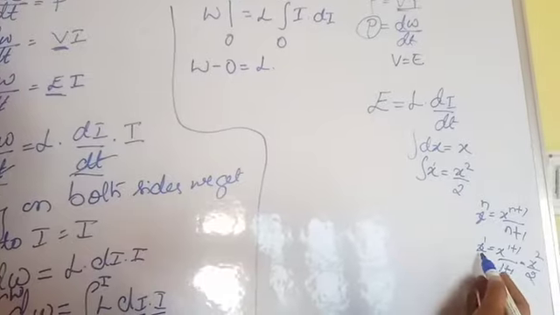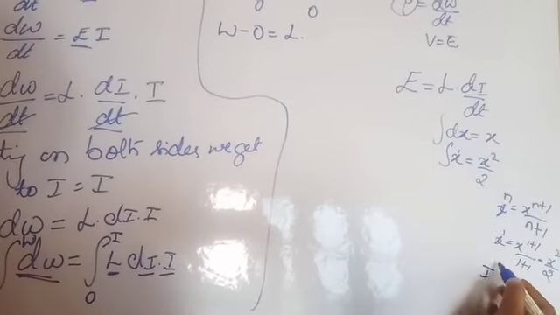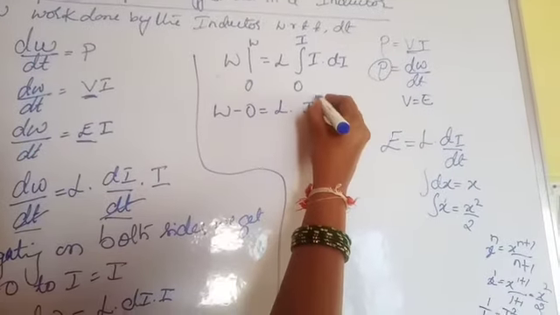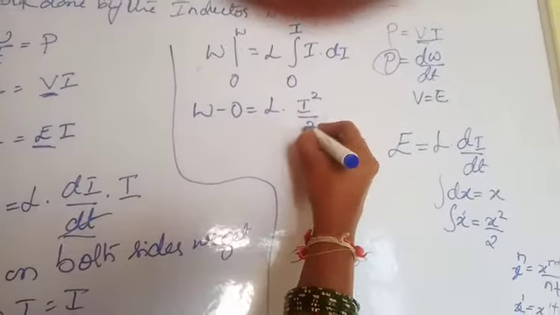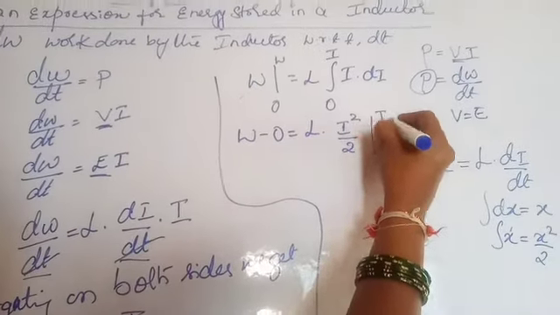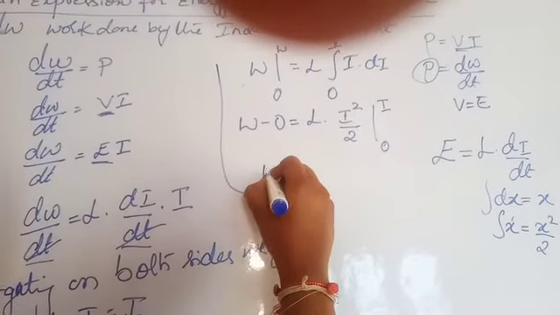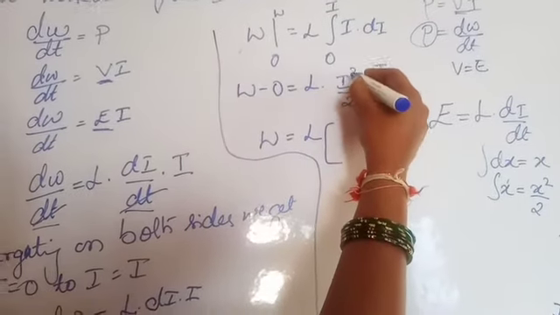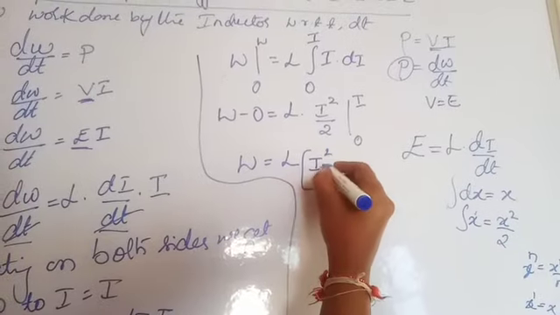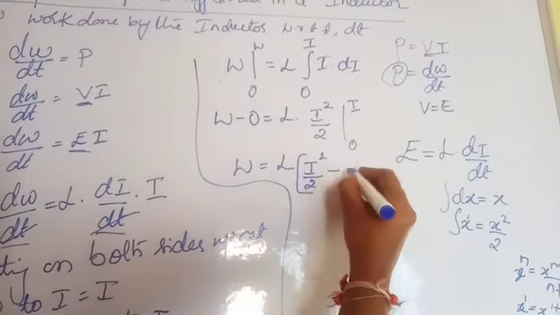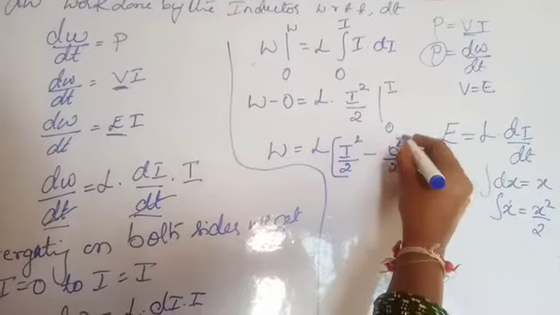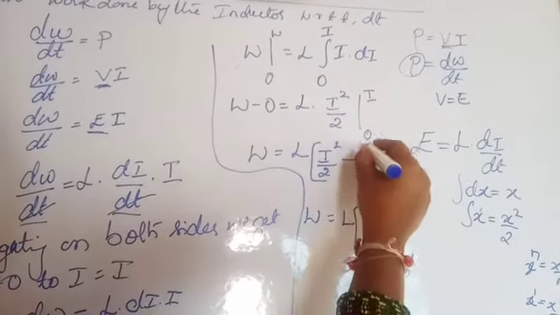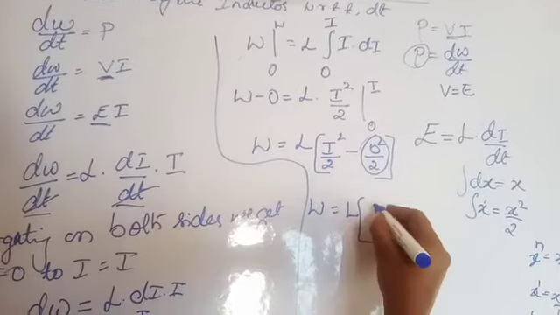That equals I power 1. What we get is I square by 2. Substitute I square by 2 with the limit of 0 to I. So W minus 0 is W, which equals L into the integral with the limit applied: I into I square by 2 minus 0 square by 2. Then W equals L into, the old term becomes 0, I square